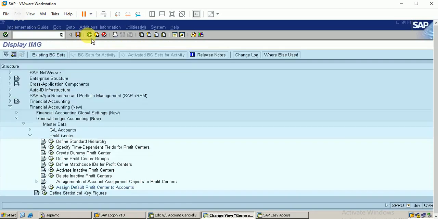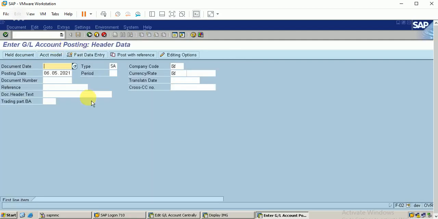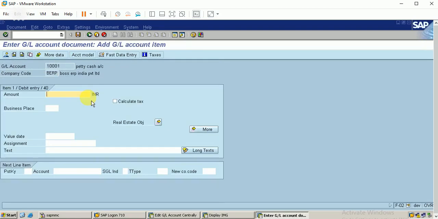Okay, now I will post the transaction F-02, the journal. The company code is BRP. Currency. Just clicking on tab. First account, I'm going to debit the petty cash account for 10,000 rupees.